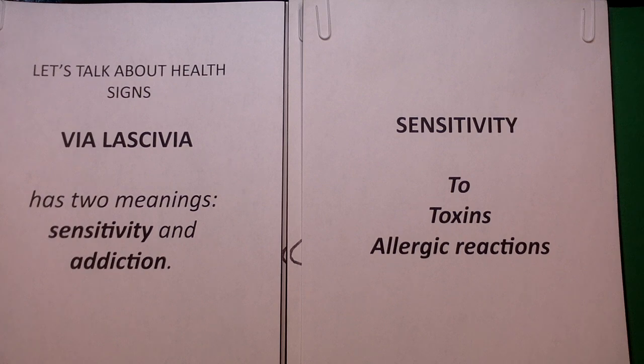Now, I pointed out to you, first off, the lascivia is not a major line on the hand, though the line of Neptune is an important one. Even though it's not a major line, like the lifeline, the headline, the heart line, the fate line, it doesn't come up to that point. So we classify it as a minor line. But it is a line, the line of Neptune, which is located in the center of the palm near the wrist. Okay? It normally branches, we're talking about via lascivia now,